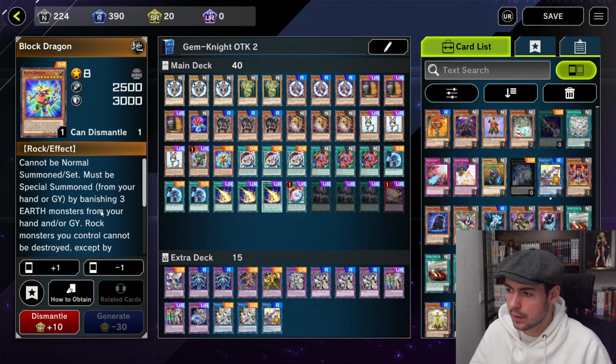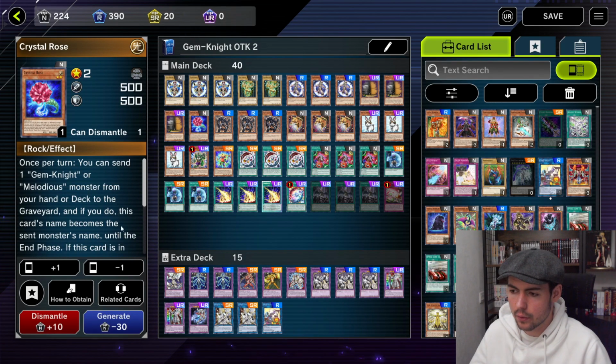And when sent, it doesn't miss timing, of course. When sent from the field to the graveyard in any way, you get to search Rock monsters, not Earth, Rock monsters, meaning you can of course add Crystal Rose from your deck to your hand, with a total level combined equal to 8. I'll just tell you now,